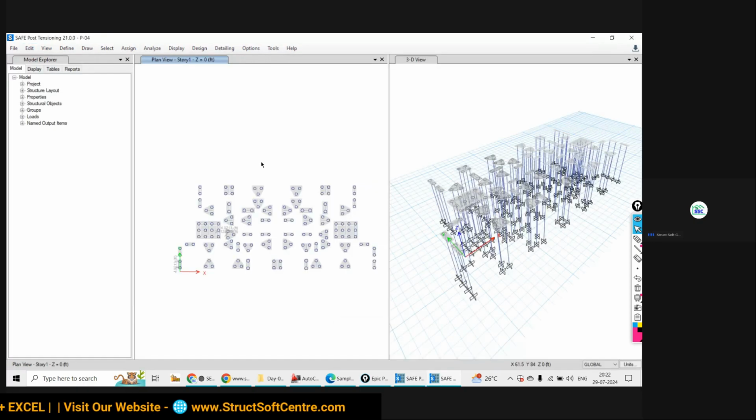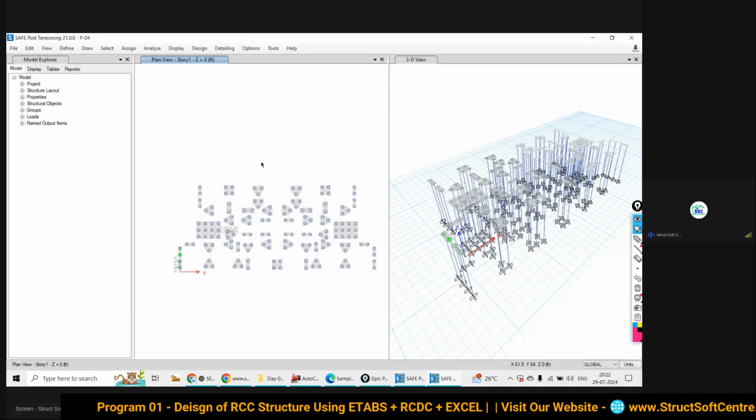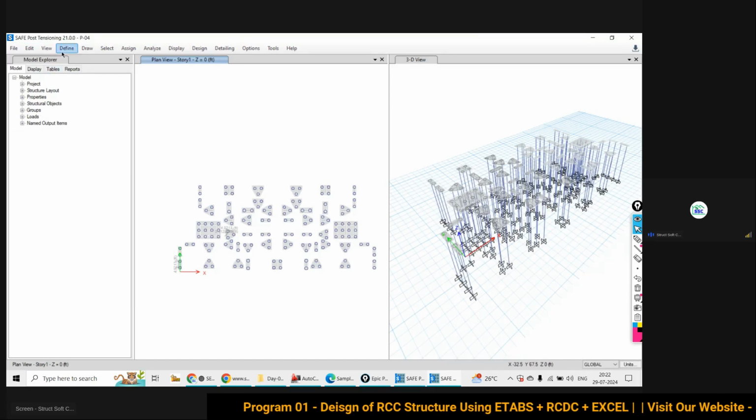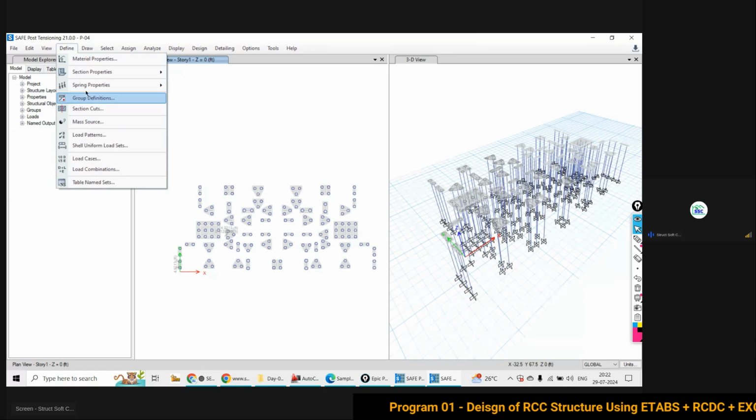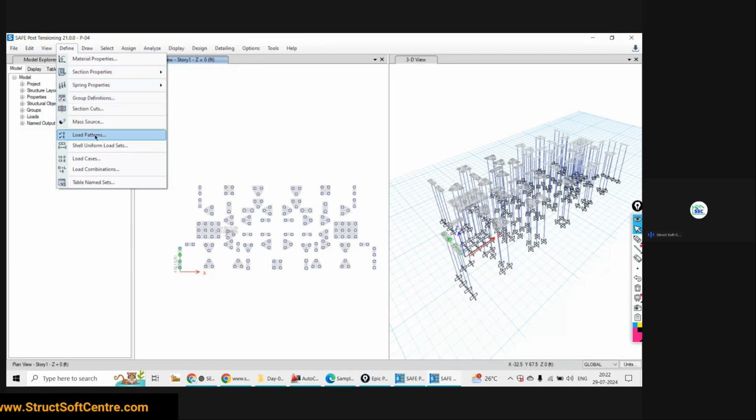When you start any new project, in the Define section you have to set a lot of things: the material properties, section properties, spring constant properties, load pattern definition, and load combination definition.